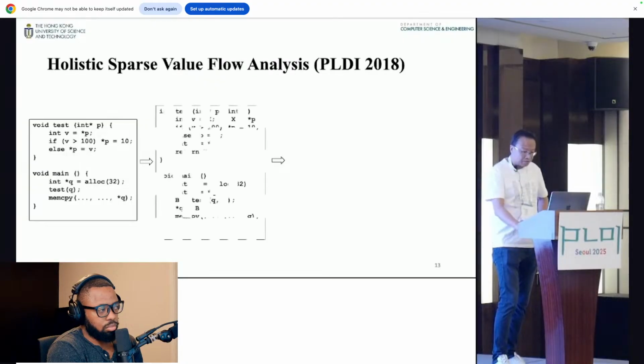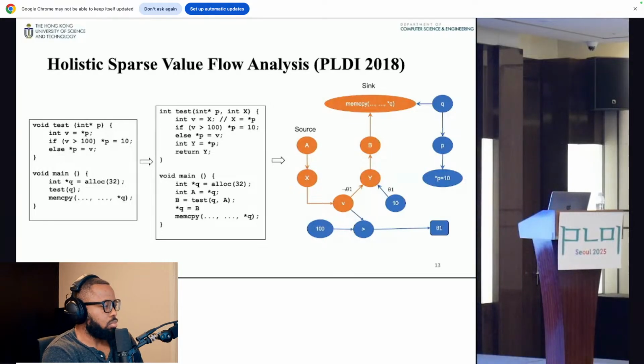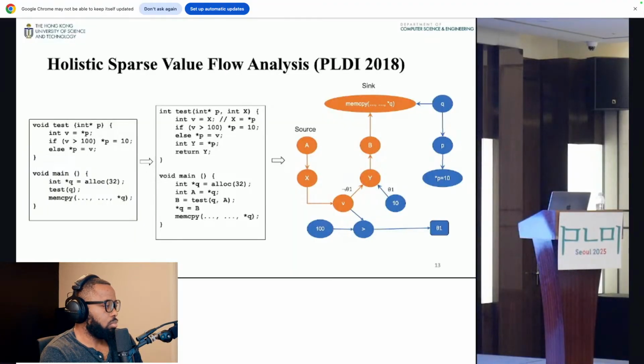So just to give you some detailed example of what I just said. Right? So given the program on the left, we have some pointer operations where there's a load and there's a store. Okay? So our first step is to transform this program into another program that will directly expose the side effect of input and output. So the input is a pointer P that's being loaded, which means its content is being accessed. So we actually produce what we call an auxiliary variable on the input, which is integer x. Since the pointer P is also being stored, we have to produce another variable. So the function test doesn't return any value. In this case, it actually returns a value, and we explicitly change this function to return the value, representing the side effect that is coming from the pointer.